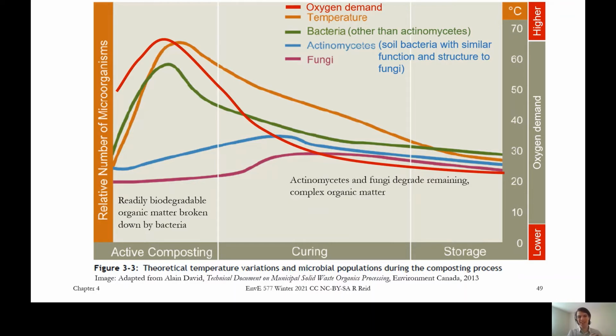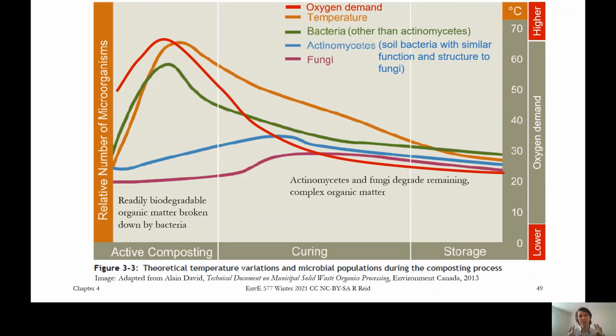So in the beginning, this is our active composting phase. We've got a lot of organics around. Some of them are going to be easy to eat. Some of them are going to be tougher to eat. And what's going to happen very first is we've got 3 microbes in here divided up. Bacteria are our green line. We've got actinomycetes. Now, actinomycetes are bacteria, but they behave more like fungi. So actinomycetes are our blue line, and then fungi are our purple line. You see our actinomycetes and fungi have the same trajectory, whereas the green line bacteria have a